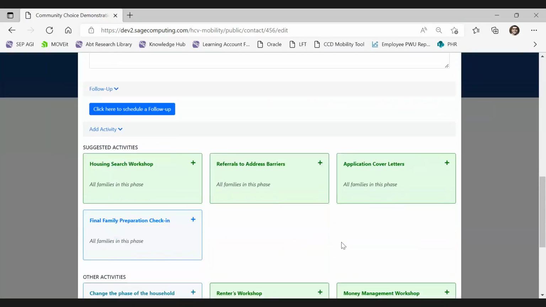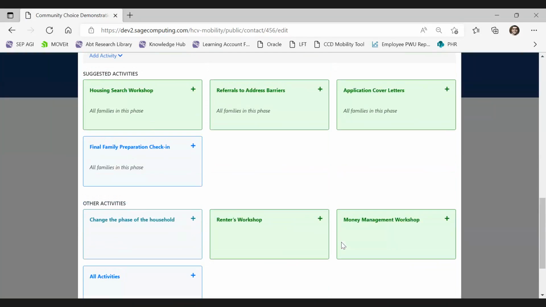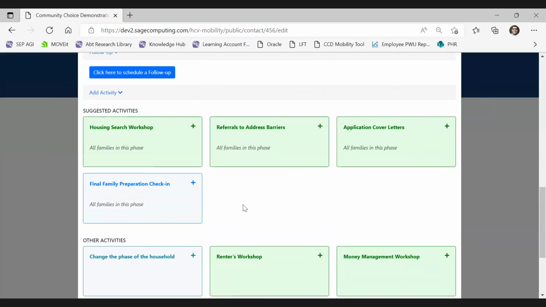So you can see that all of the activity boxes for this phase have been completed except the final preparation check-in. And this can be completed in a different contact.